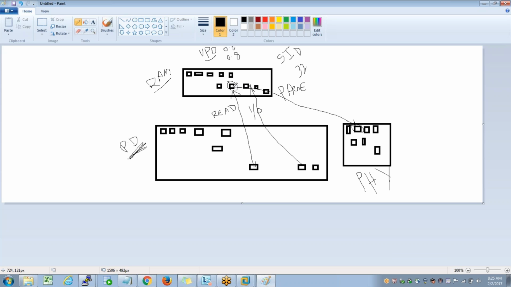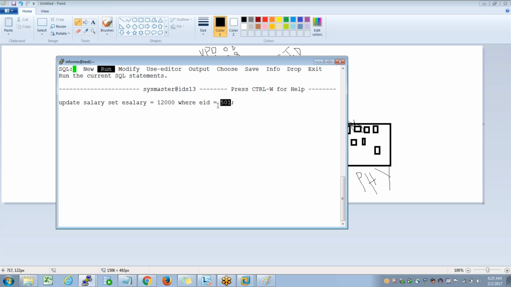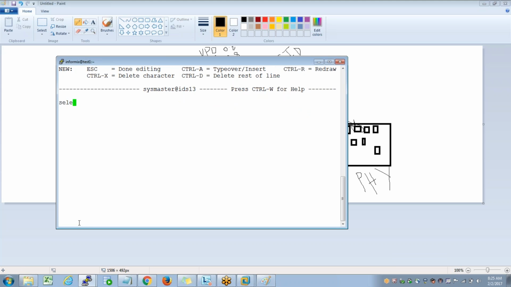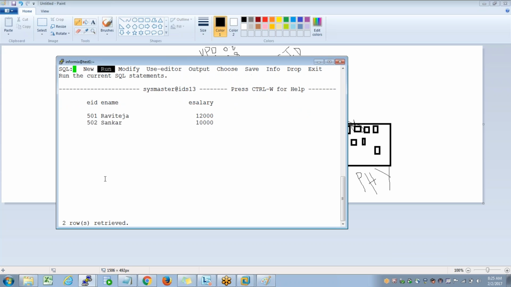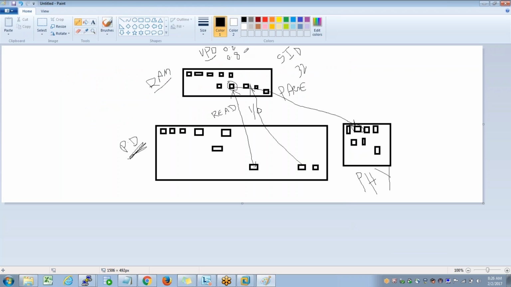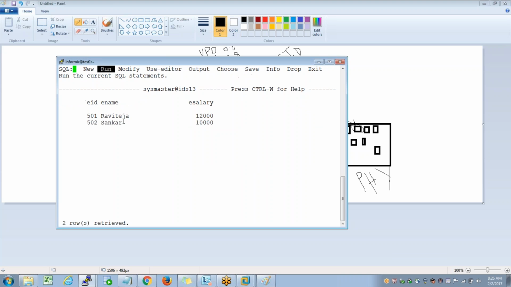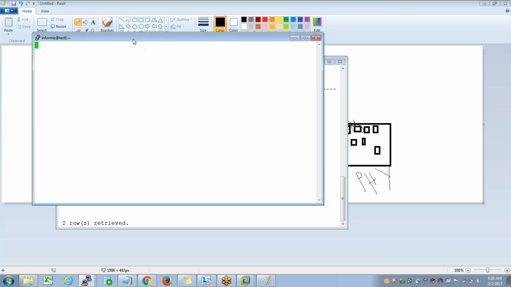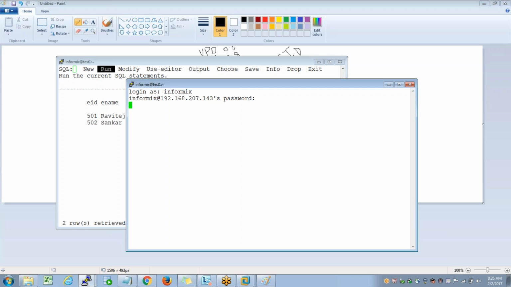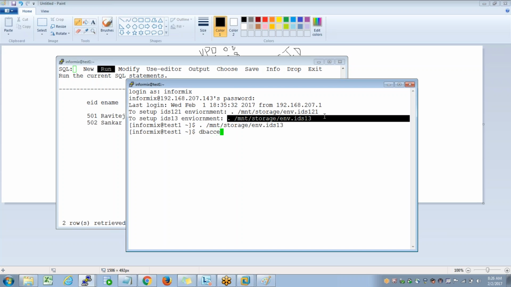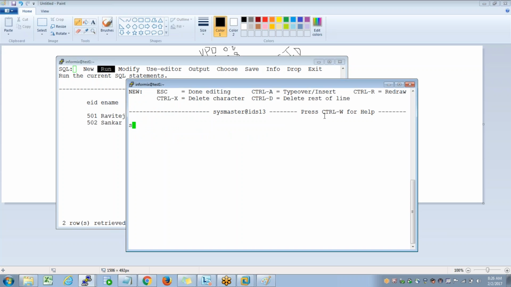Right. Now once I am done with my work, here comes the important question. Let's say I updated this here. If I press escape and run it, one row is updated. If I say select star from salary, I see the updated value for Raviteza. Now, when I run this select statement again, or if I open a duplicate session and run the select statement again,